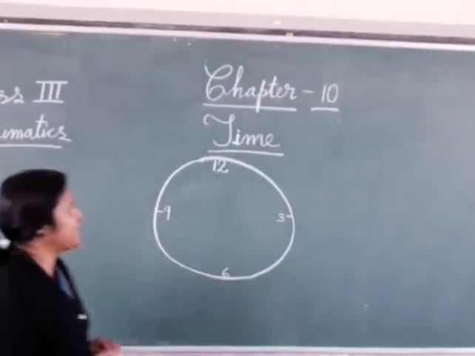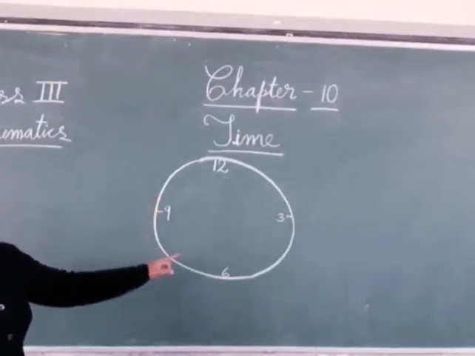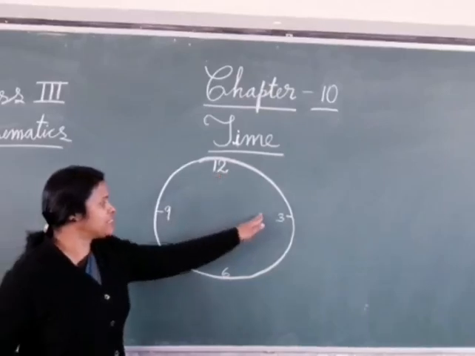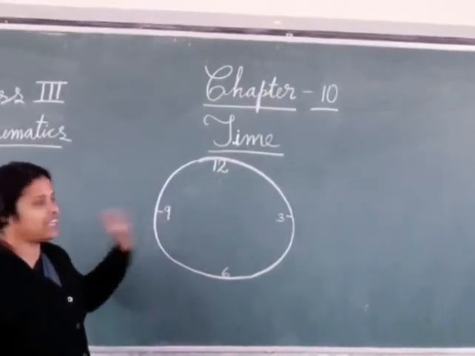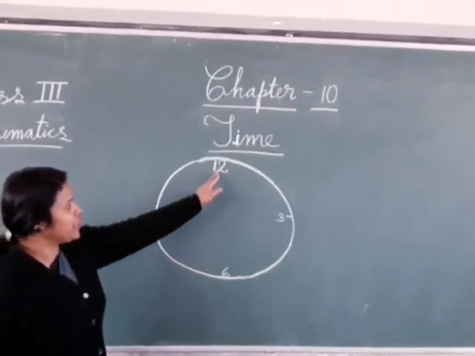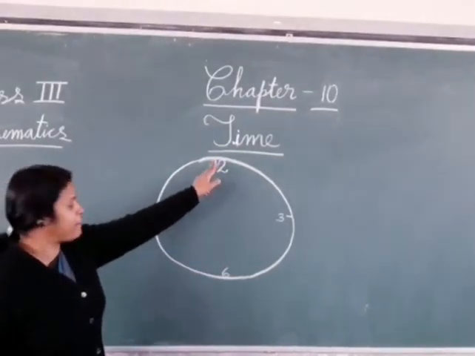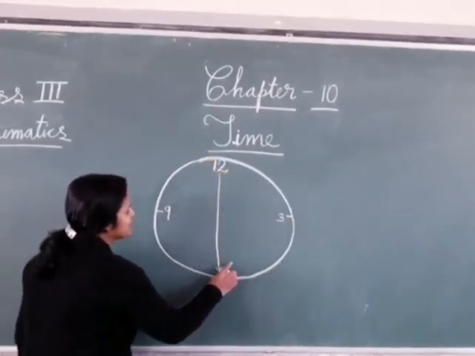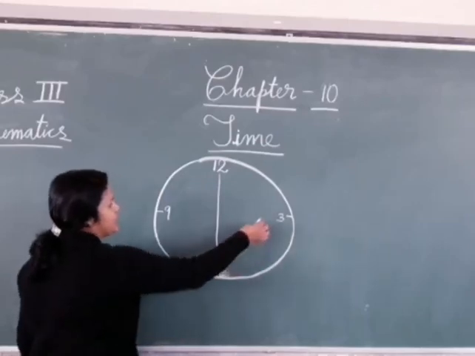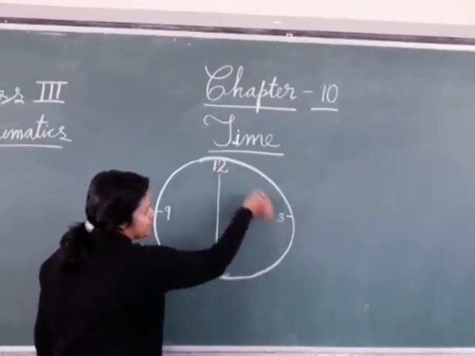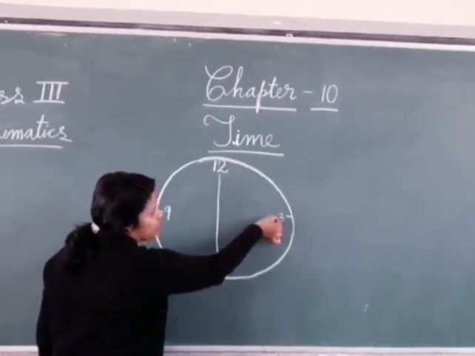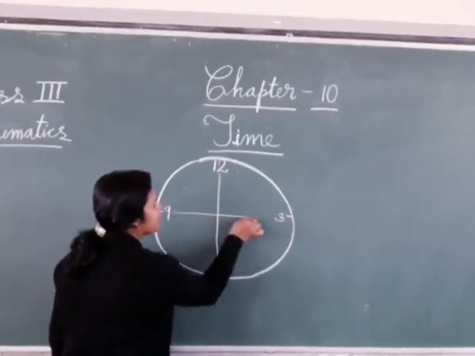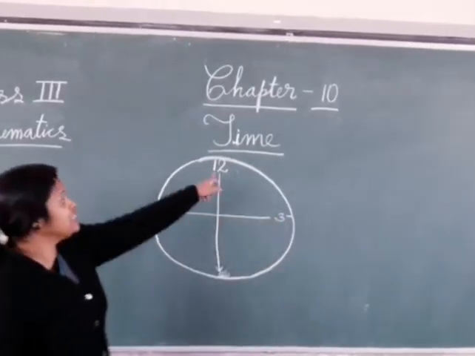Okay, now here I have drawn a clock, a picture of a clock, by drawing a circle, and I have mentioned here 12, 3, 6 and 9. Here the 12 should come up, and just directly opposite we have to write 6. Okay. Then after 12, quarter. After taking quarter, you have to mention number 3. And here number 9. I hope you understand this.